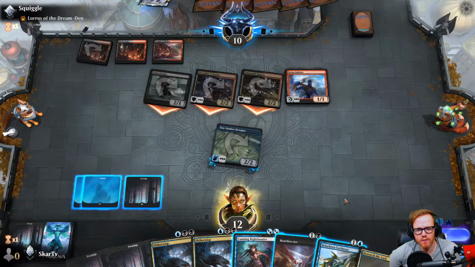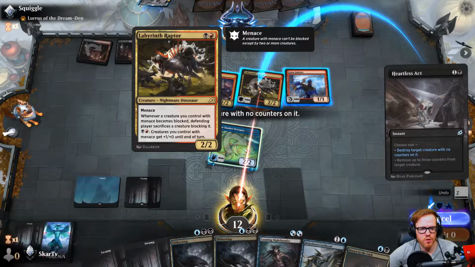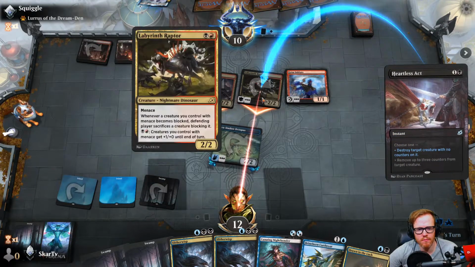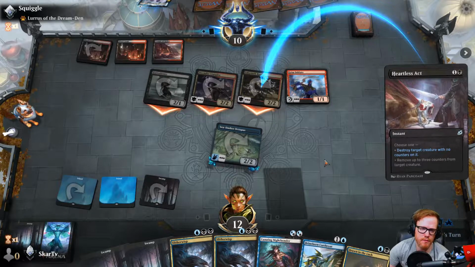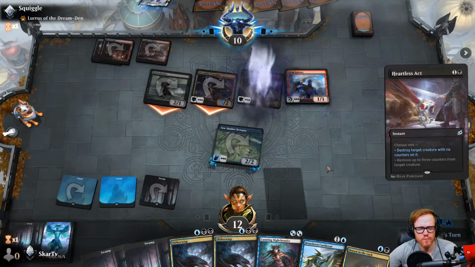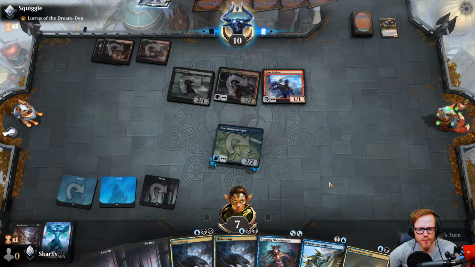What do we want to do here? Guess we'll Heartless Act. Just because you can pump, right? Yeah. I probably should have done that before combat, but they'll get an extra point of damage in. But it makes them tap out, so that's good. So that's all they're gonna play that turn. Next turn we'll have enough mana for